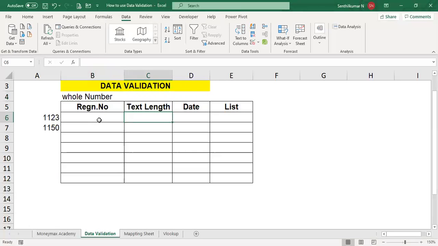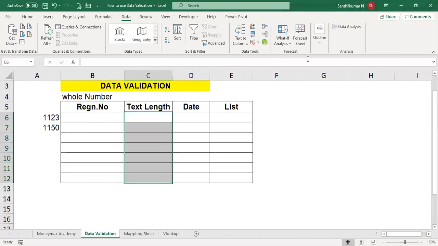Now if you want to type data, I am giving the same example. If you want to restrict the text length, such as when typing people's names or vehicle names, and you don't want the entire name, you can use text length. You don't want to exceed the text. So you can allow the text to be only 3 letters, 5 letters, or 5 to 8 characters like this. You can allow that.